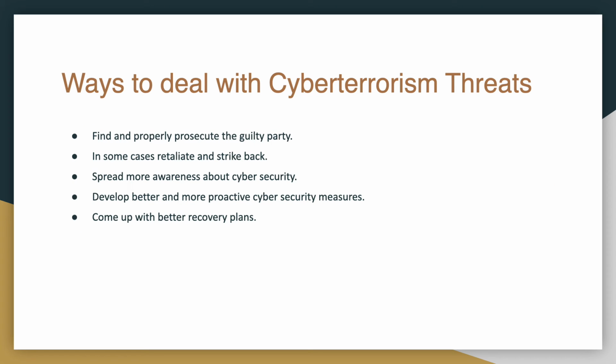So, certain ways to deal with cyber terrorism threats. The first one is to find and prosecute the guilty person or party. In some cases, you can even retaliate and strike back, and that means they won't keep punching you if you punch them back, because if you don't do anything, then they're just going to keep doing what they're doing. Third one is spread more awareness about cybersecurity. The fourth one is develop better and more proactive cybersecurity measures. And the fifth one is coming up with the recovery plans when we do get hit pretty hard with a